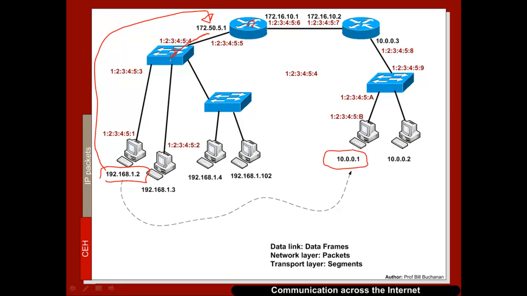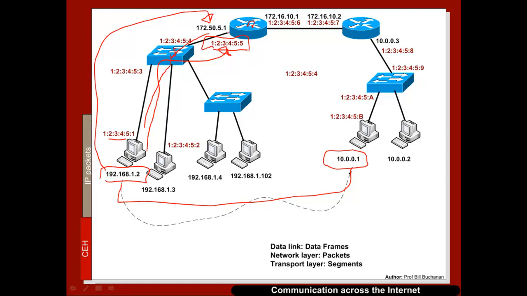So the ARP reply comes back and it will identify what its MAC address actually is. So then an IP packet is now created with a source IP address of this and a destination IP address of this. Then a data frame is created with a source MAC address of this and a destination MAC address of this. So that data frame is then sent to the switch. The switch then forwards it on because it knows where all the MAC addresses are of its connected devices